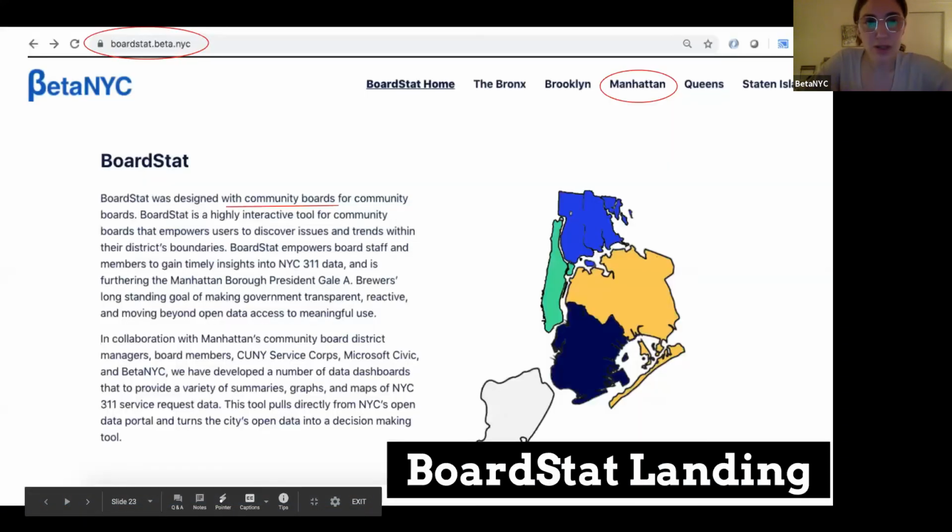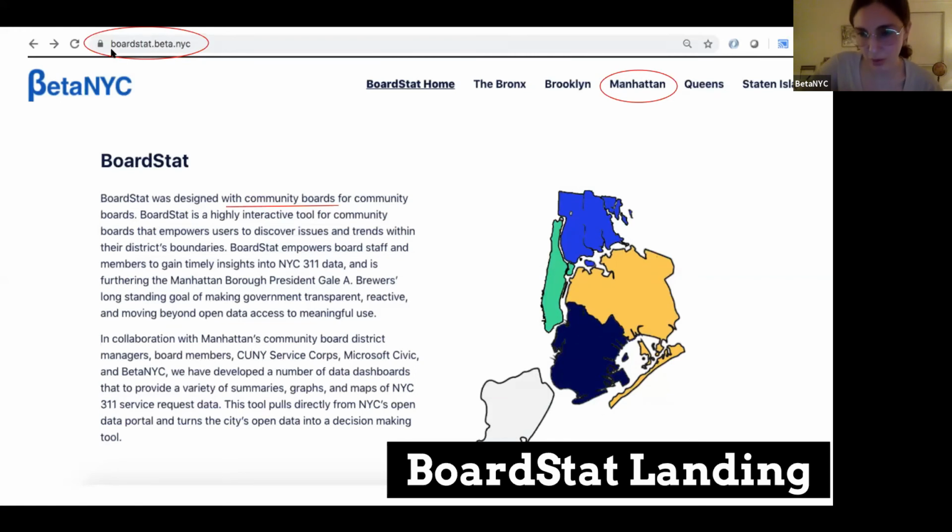But so you get to BoardStat by going to this little short URL here, boardstat.beta.nyc, and it'll give you a short description of what this tool is about, and it'll allow you to pick the borough of interest. Because it's built on 311 data, which as we talked about has 25 million rows,